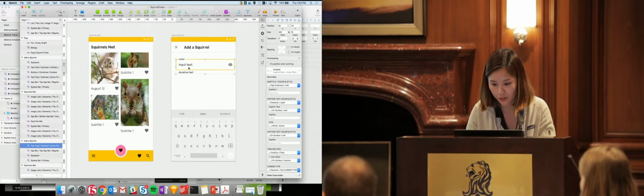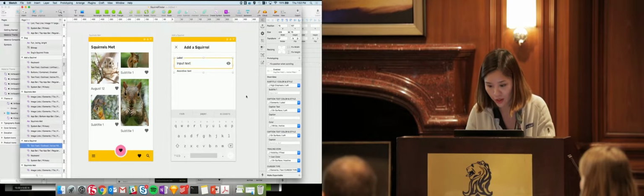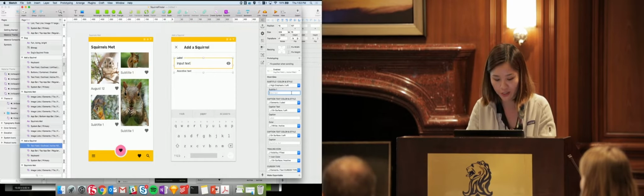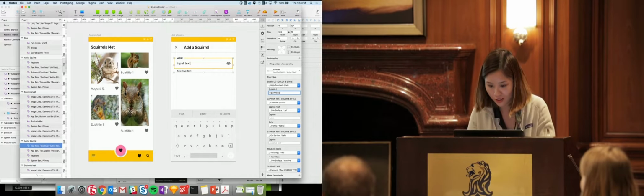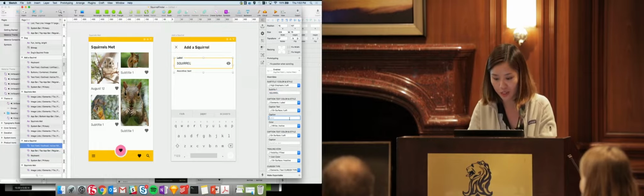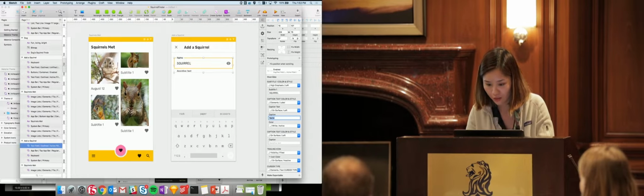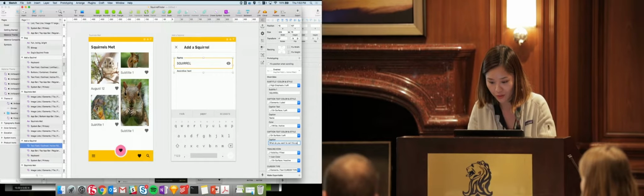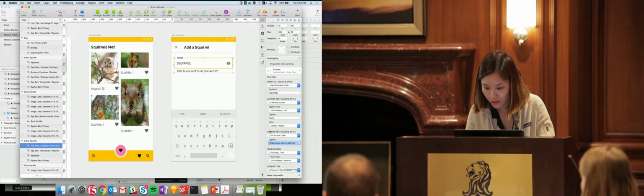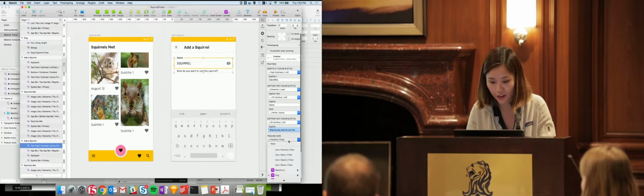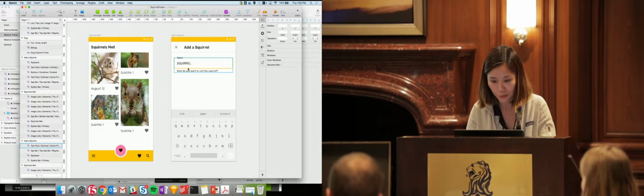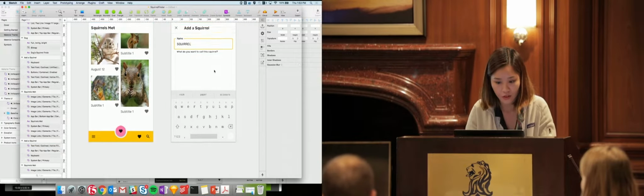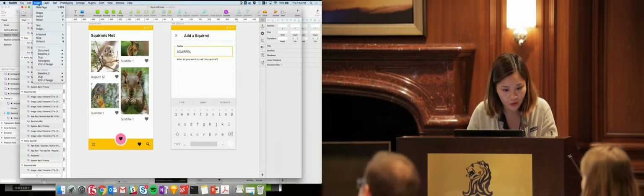Paste that right in. And also edit the labels. So input text can be squirrel, and the label can be name. Assistive text: What do you want to call this squirrel? And you don't need an icon. So just to move a little bit faster, I'll also just add my last thing,